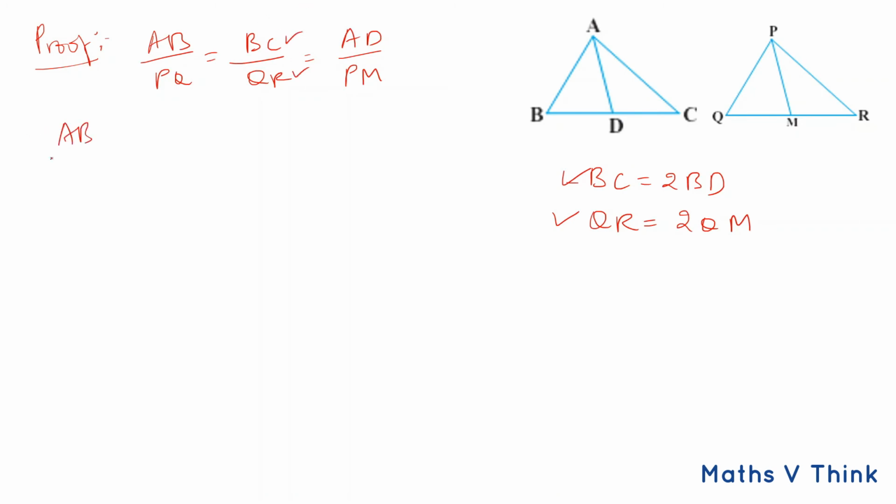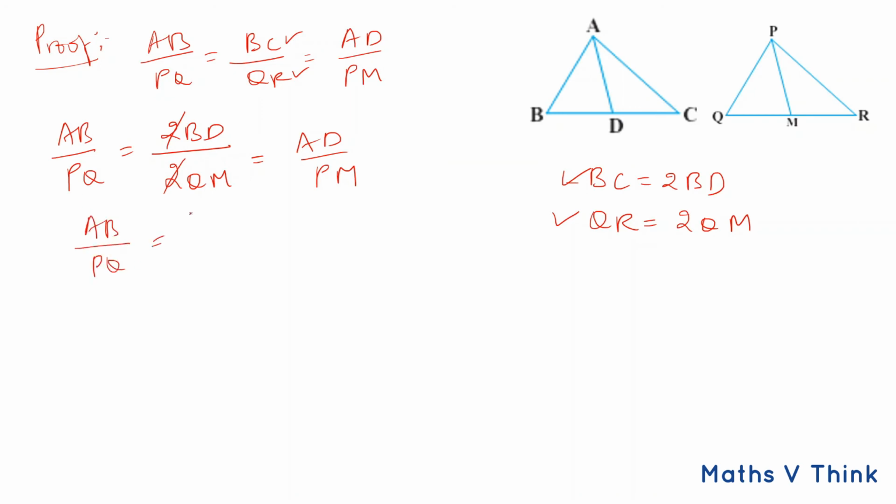So AB by PQ is equal to, instead of BC I'll write 2BD from here. Same way, instead of QR I'll write 2QM is equal to AD by PM. Here 2 gets cancelled, so I get AB by PQ is equal to BD by QM equal to AD by